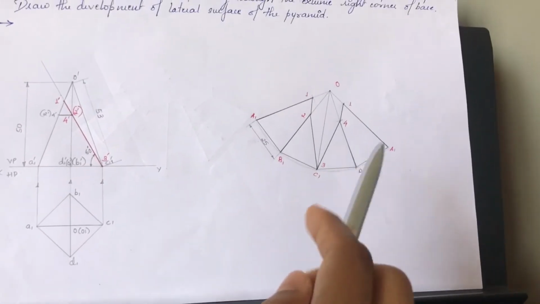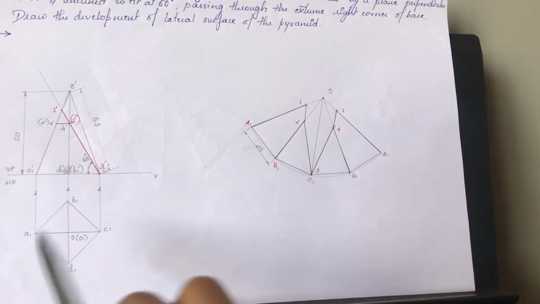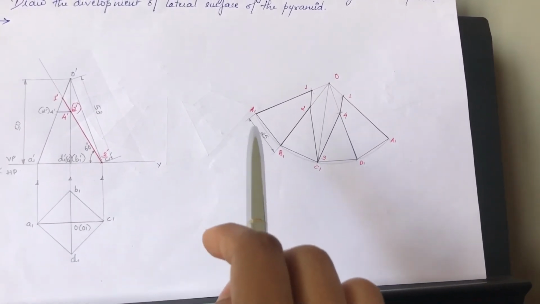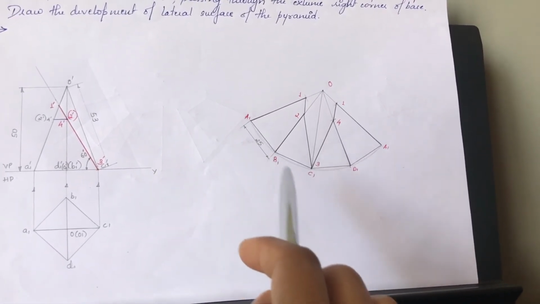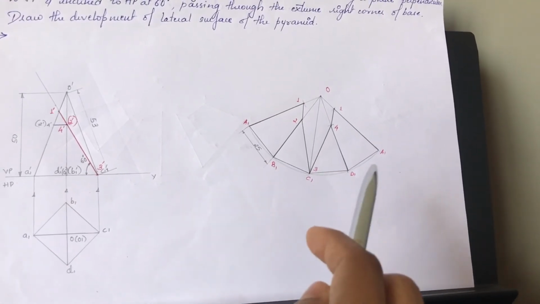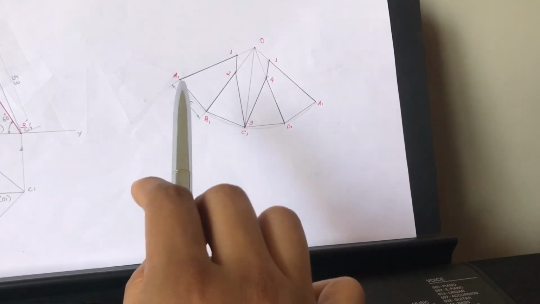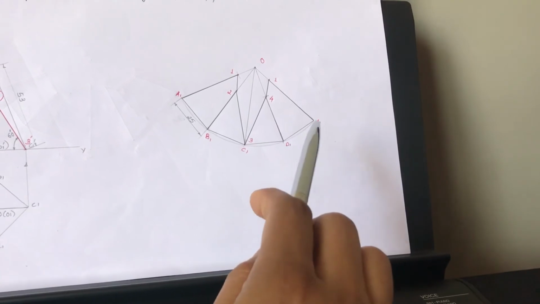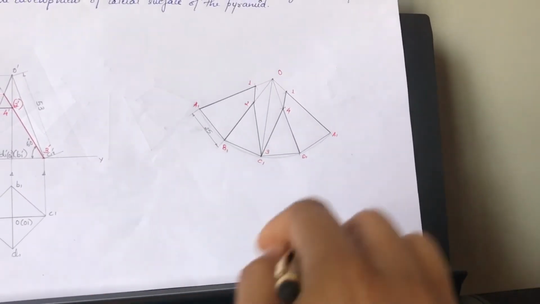You have to remember one thing, development here is nothing but unfolding or opening of the pyramid. As you see, a pyramid has base edges. It does not have any curved surface or any arc at its base, rather it has edges. So the arc that you see here is only for construction purposes, whereas the actual pyramid has base edges that should be drawn here. Okay, once you do that, you get this development done.